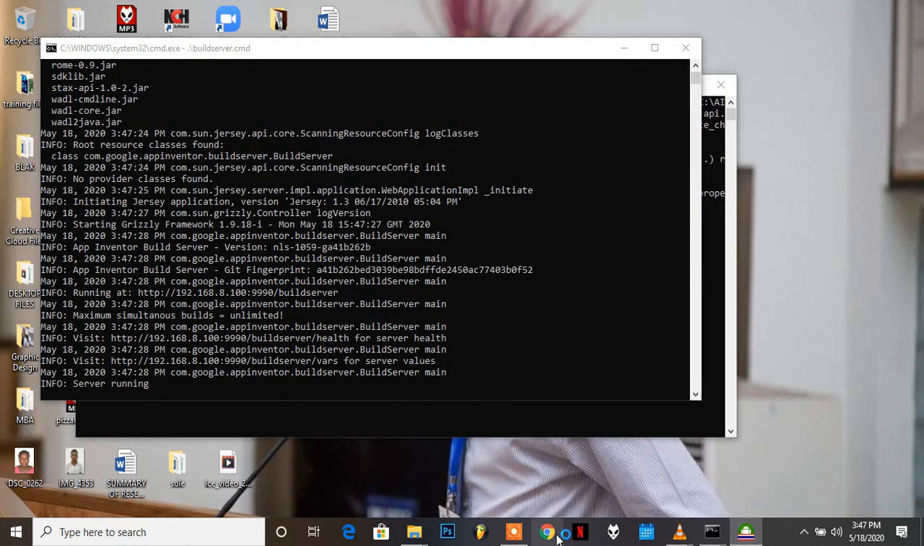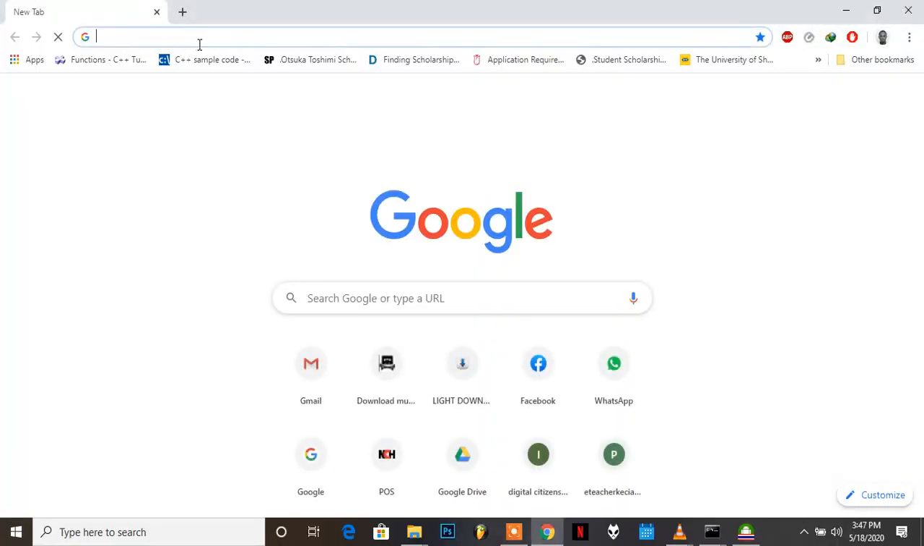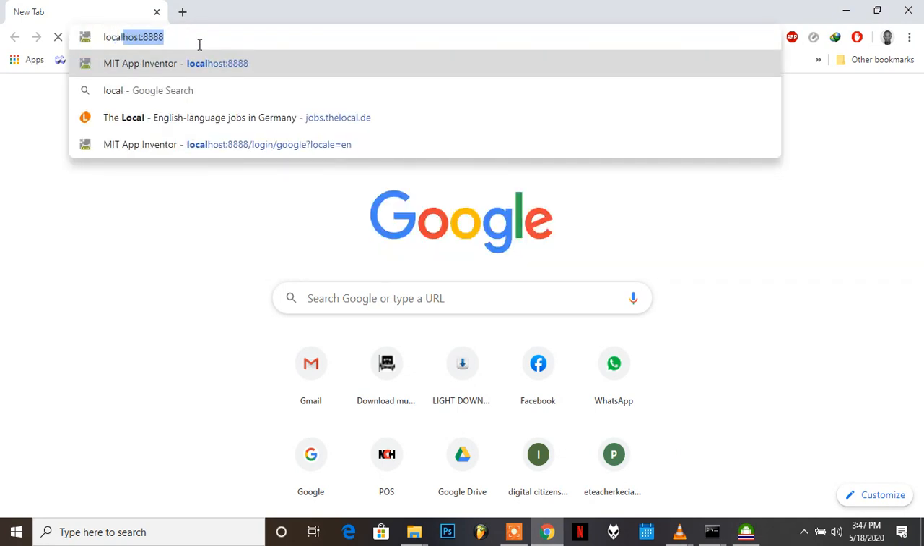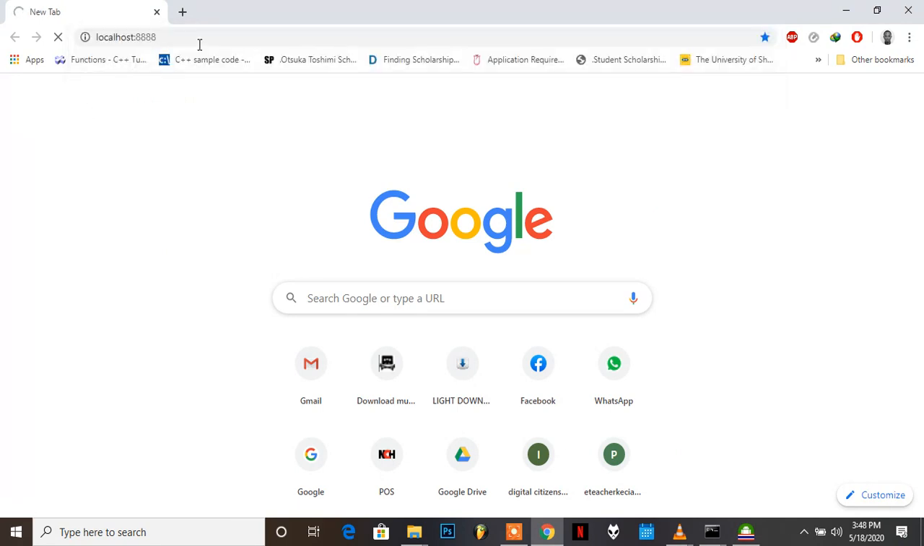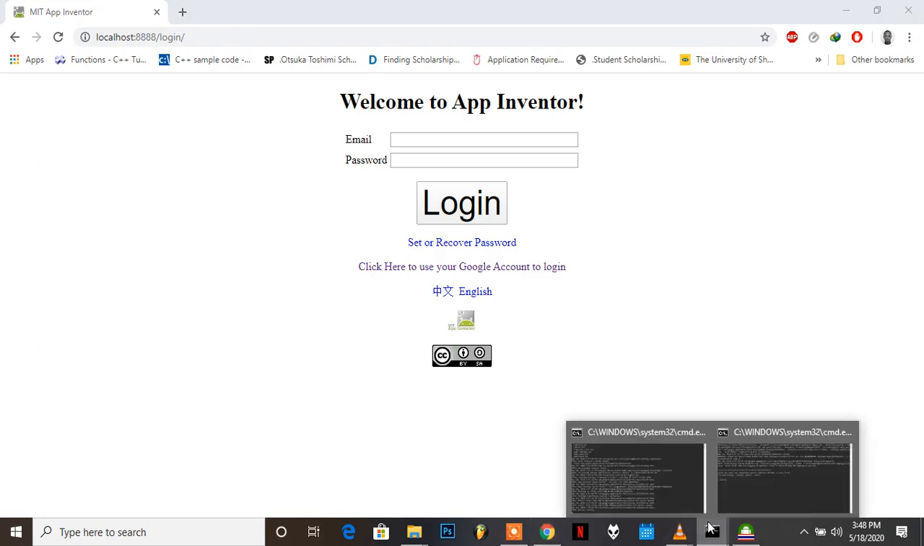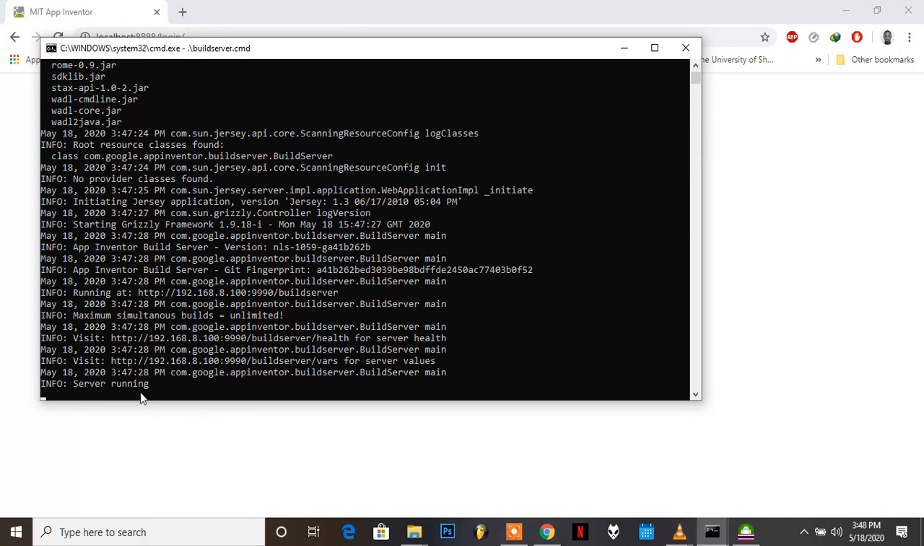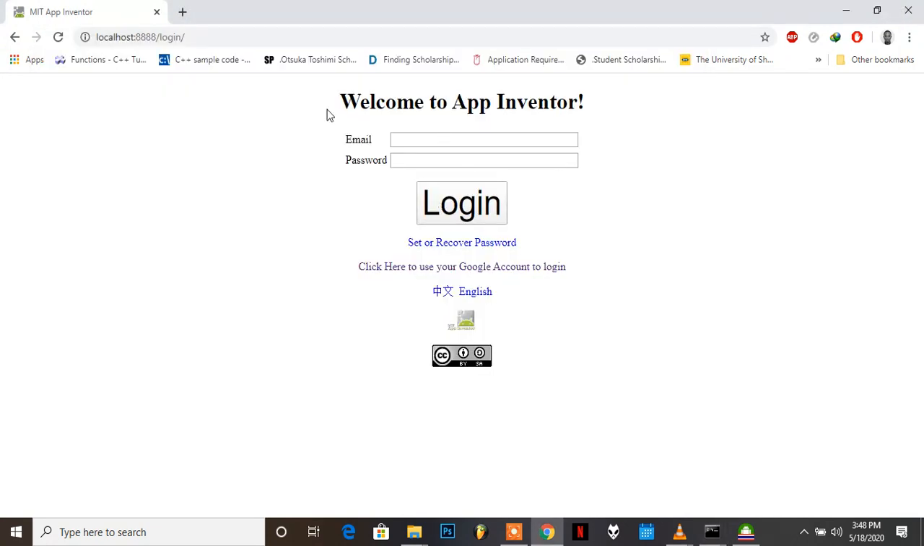Other than that, what happens is, assuming you go and open this one and then you type the address, which is localhost:8888, which is the port number or the address which will give you the interface of the App Inventor, you are going to get issues, right? So often what you do is you have to wait to get this message. Server running, right, before you launch this particular interface with the web address localhost:8888, where the 8888 is the